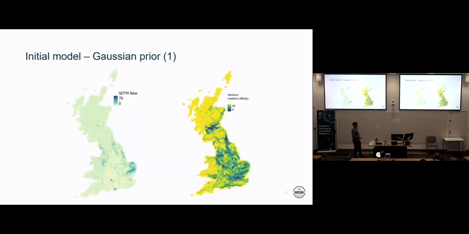So our initial model, we fitted using a Gaussian prior as a starting point, and initially it looked quite good. So in the UK, we see that we have, in Norfolk particularly, buried valleys, where in dark blue you see a deeper superficial, as well as in other parts near Manchester, and just here. And generally it's shallower in mountainous regions, although perhaps not as shallow as we expected. We are seeing some of the measurement points coming through from the measurements, so we see there